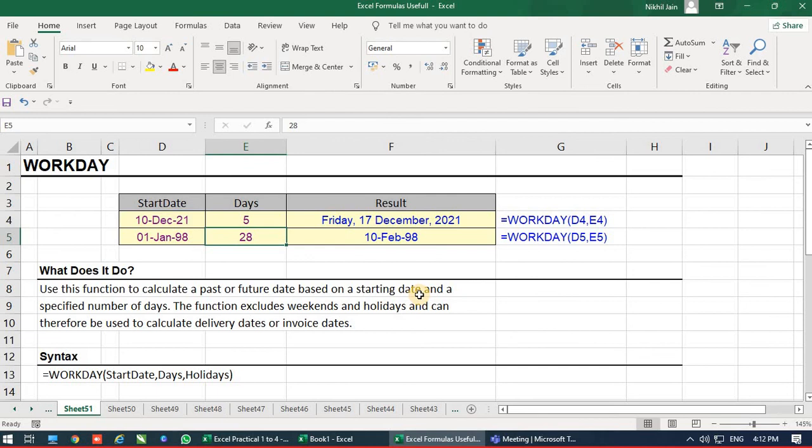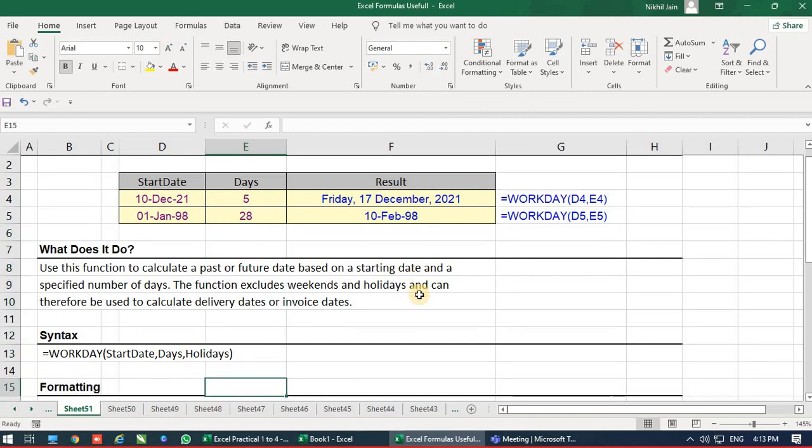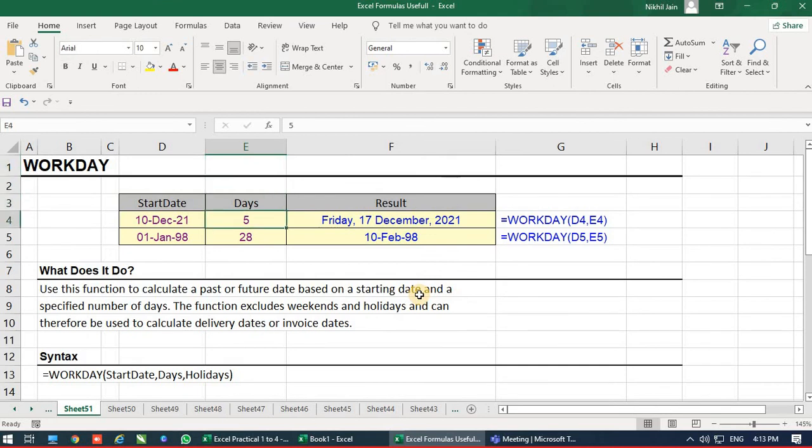How come Saturday and Sunday are not working days according to America and Britain, except India? Some companies have Saturday as a working day, but most don't.